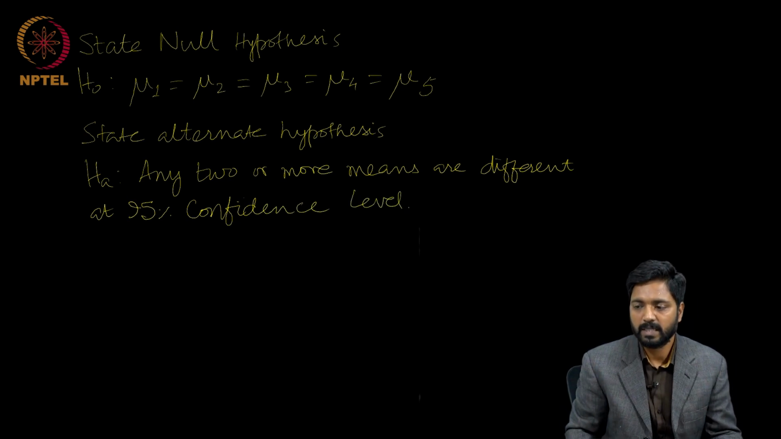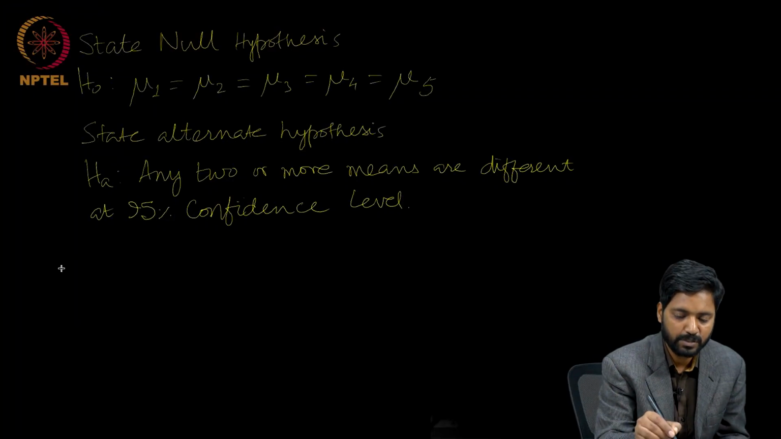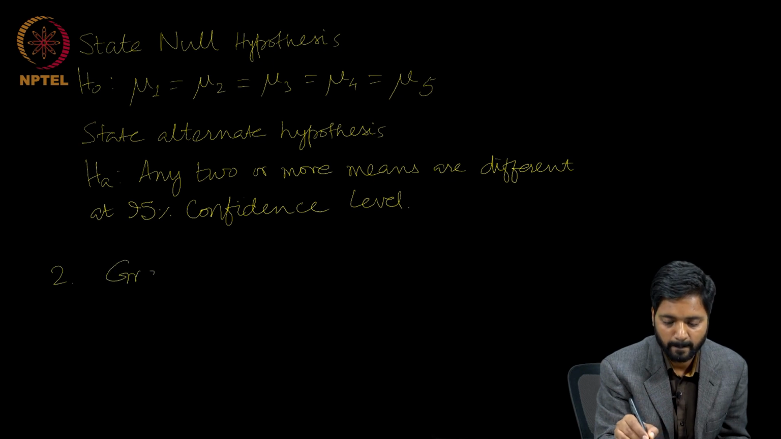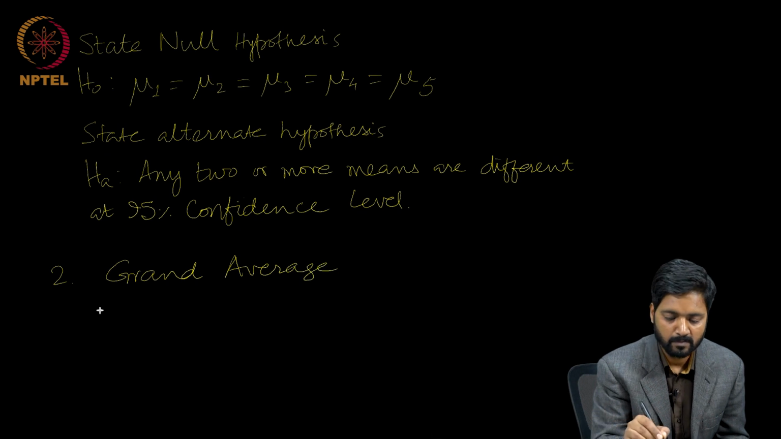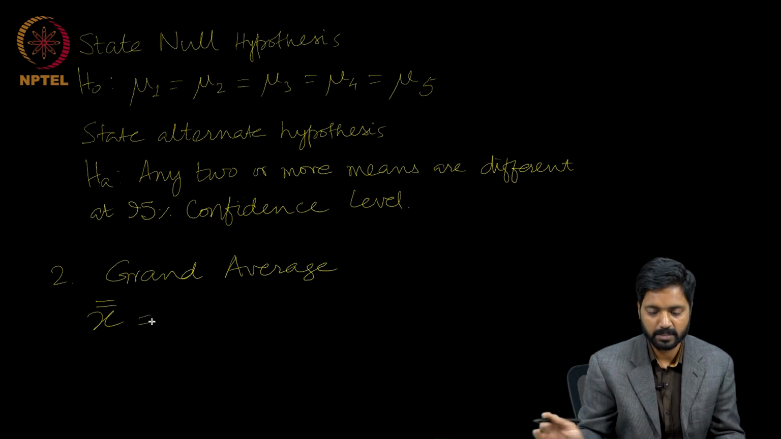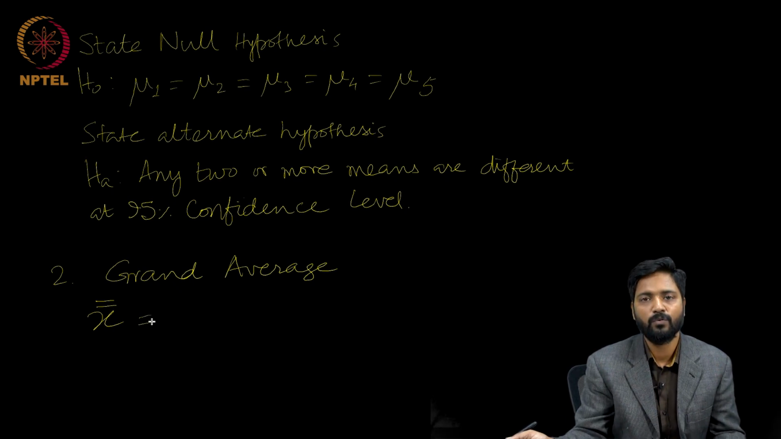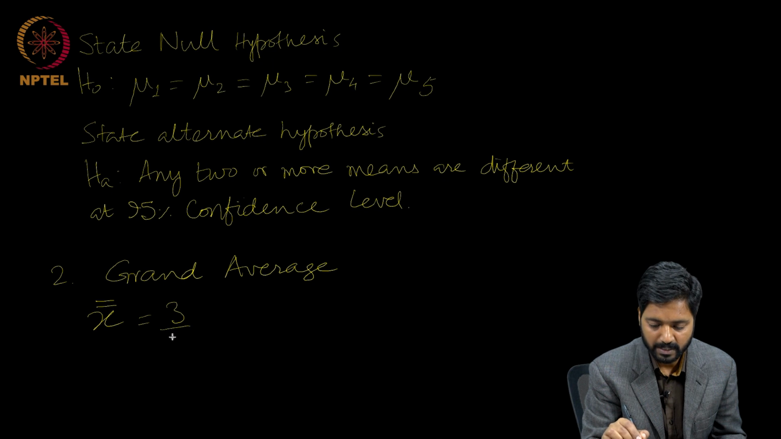Now let us see what we need to do next. Next, of course, we need to calculate the grand average, and the grand average, which we denote as X double bar, is the weighted mean of all the data points. So for the first data set, this will be